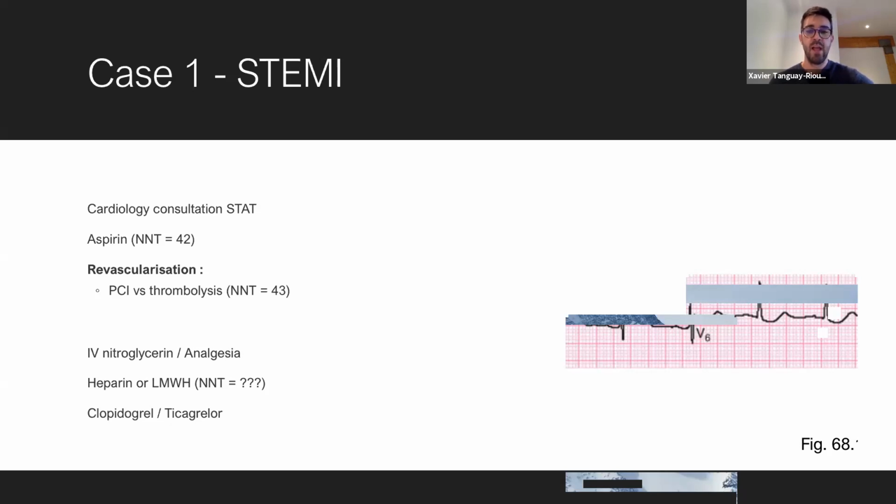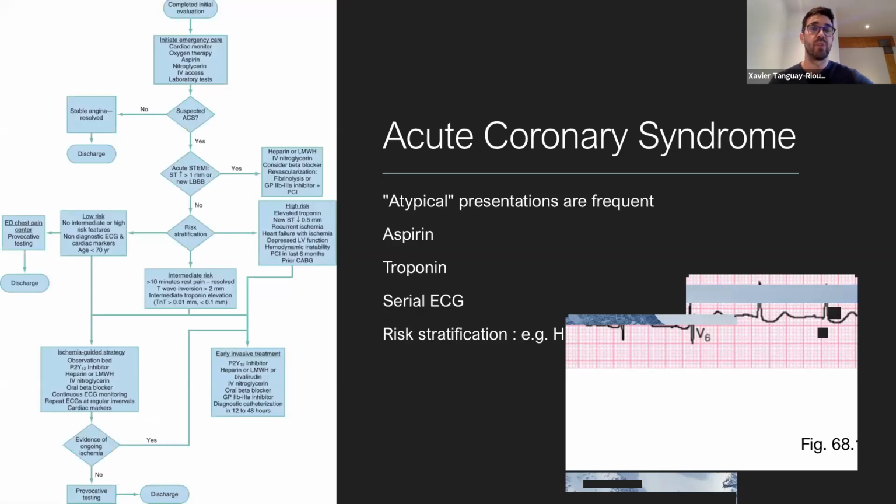So acute coronary syndromes, when I was talking about the Rosen figure, this is one of the examples in chapter 23, and it's probably better that you read it yourself if you really want to understand what they meant by this. But basically, the key messages that I want you to remember is that